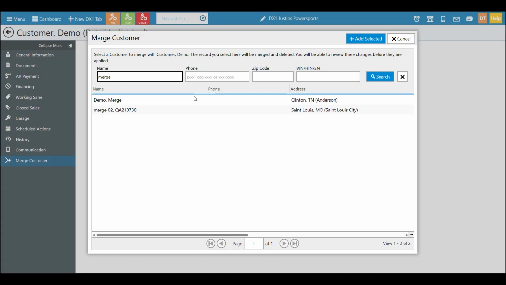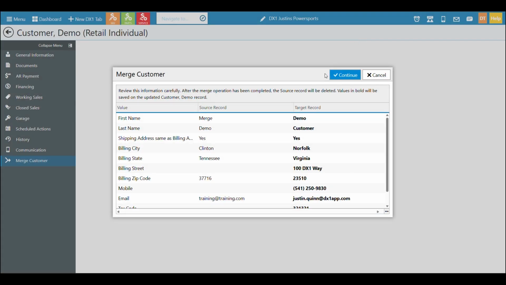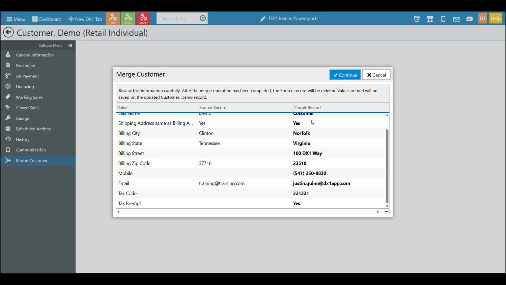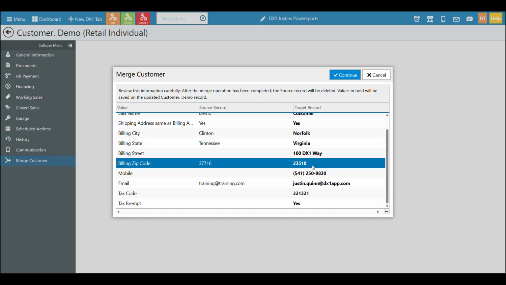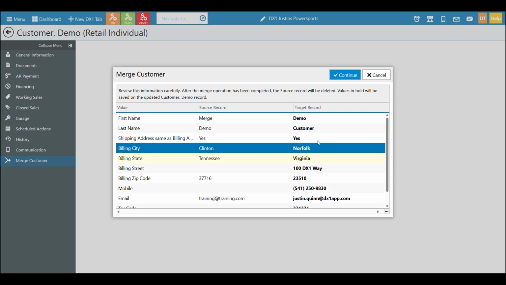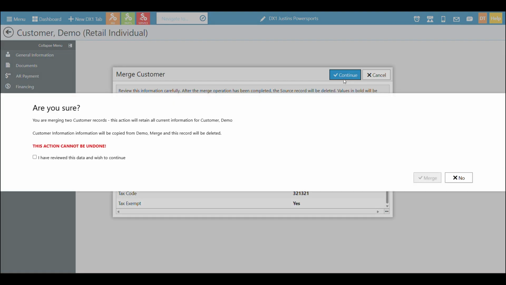Now I'll look for my customer, which I found. I'll click add selected, and now it's just going to review some of the info that I have that's moving from one to another. So here's the information that I have for my target record. And here's what I have for my source record, again, where it's going to move to. So it's just updating the information that's going to be different from what was originally had. I can click in, I can see that information here and just make sure that I understand this is exactly what I want. Once I do, I can hit continue,